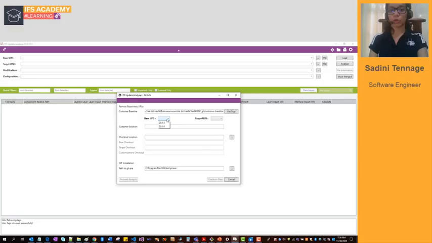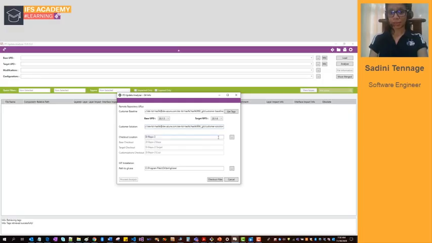Base and target UPT dropdowns will be populated with tag names in the customer baseline repository. Select the appropriate base and target tags from the dropdowns. Base UPT refers to the current update of the customer solution, and the target UPT refers to the update to be moved onto. Next, we enter the customer solution repository URL and an empty folder to check out files for